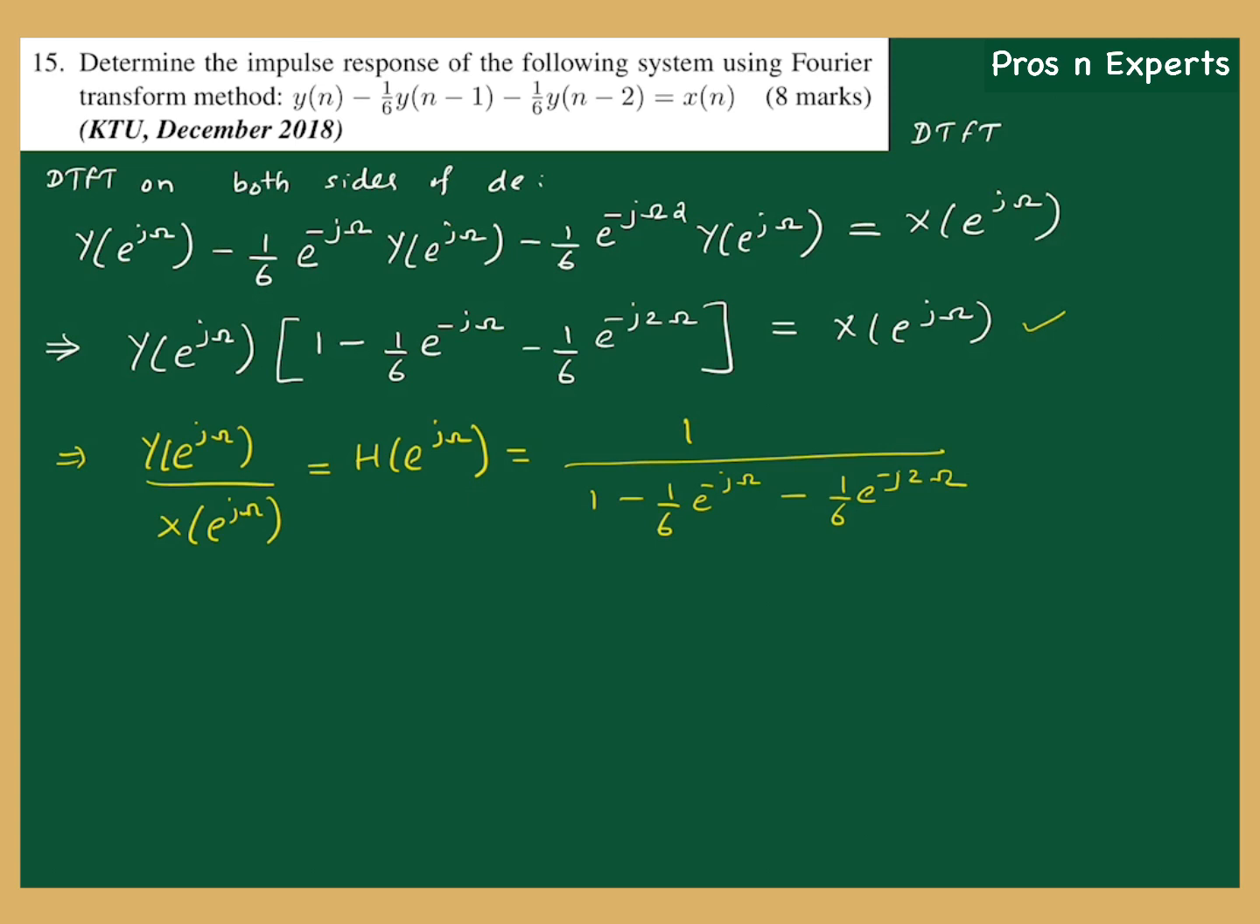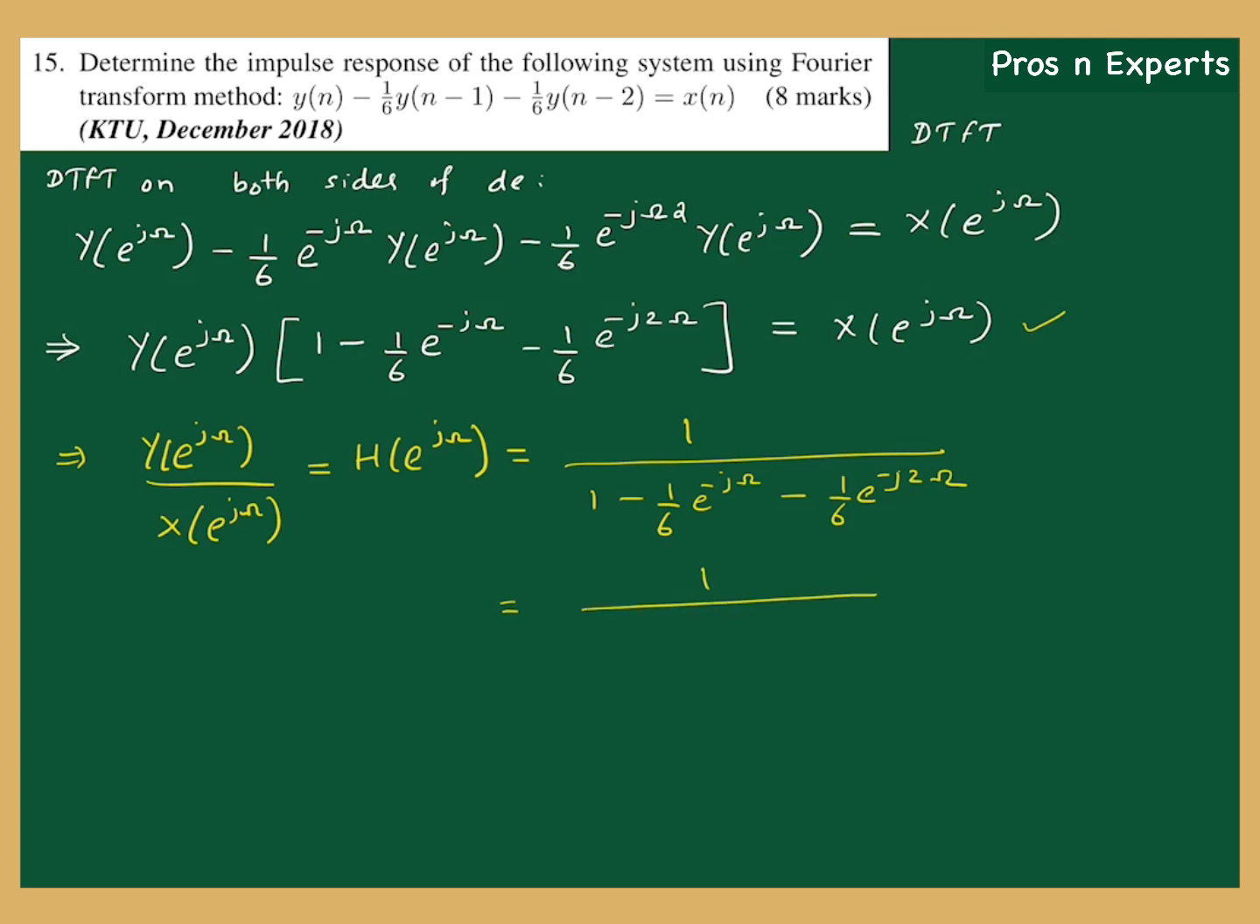Now that we got the frequency response, our aim is to find the inverse transform. But as such, we cannot find out the inverse transform because you can see the denominator is not in a factorized form; it is in a polynomial form. So we have to convert it into a factorized form. So this is equal to 1 by